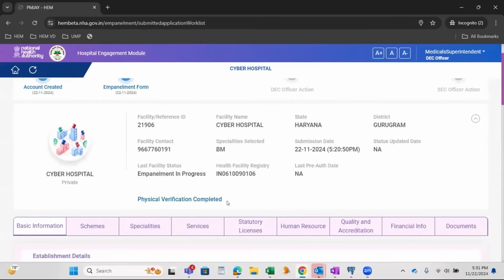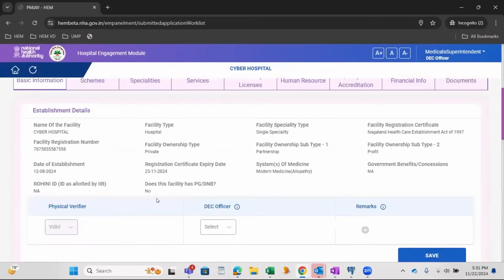Here you can see the status: physical verification completed. Before initiation, there was a button to initiate physical verification, but since the TPA has completed it, this status is updated. And we can see the comments given by the physical verifier.